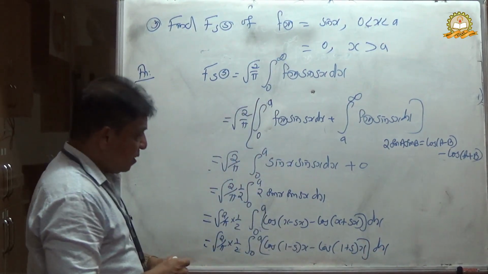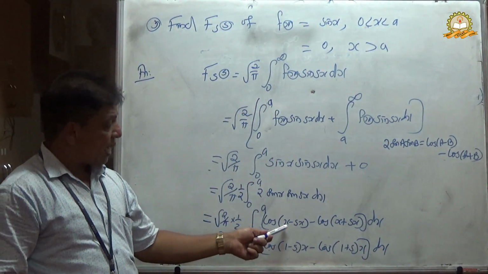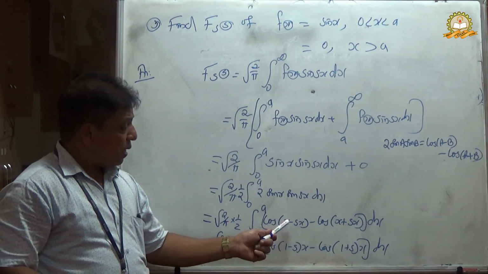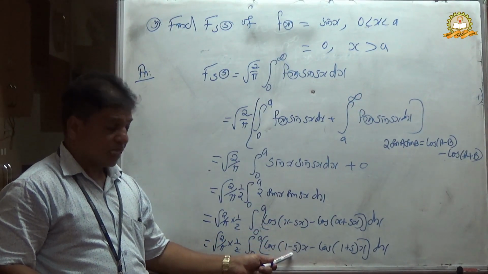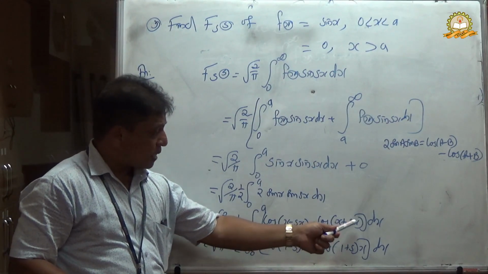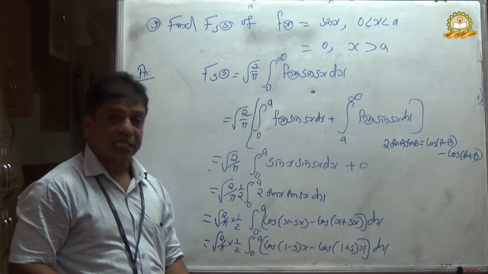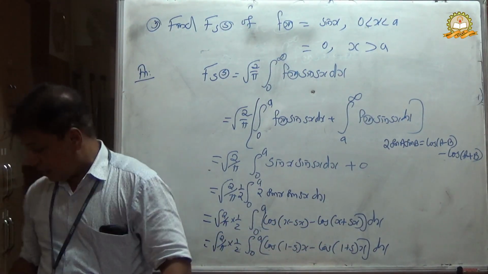That is, we take x outside. Here x minus sx. We take x outside, 1 minus s into x minus x plus sx, x outside, 1 plus s into x dx. Then next step,